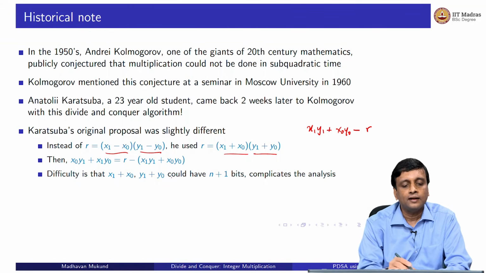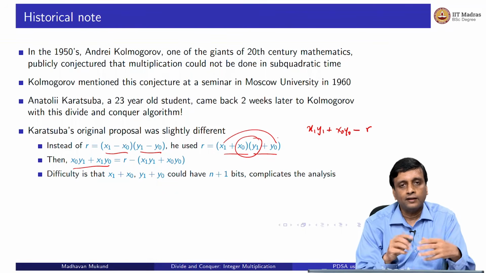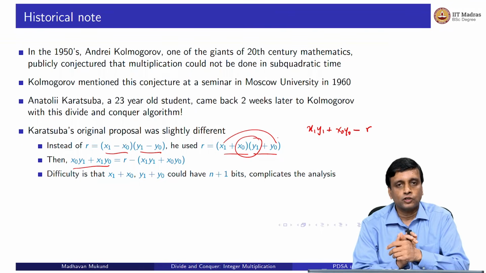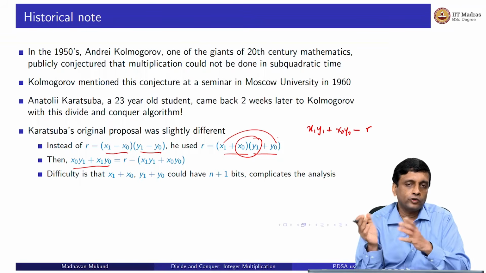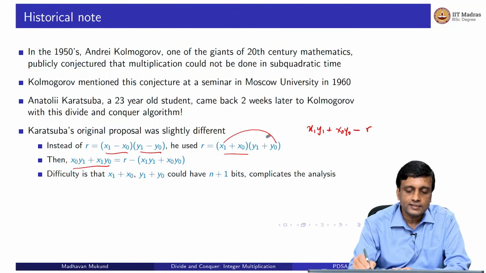These two things will cancel, and because these side products are already positively occurring, they will remain. So you just reverse the order of the subtraction of the three terms, right? Instead of subtracting the complex term from x1 y1 plus x0 y0, you do it the other way. So what is the difference? Well, the difference really is that this sum